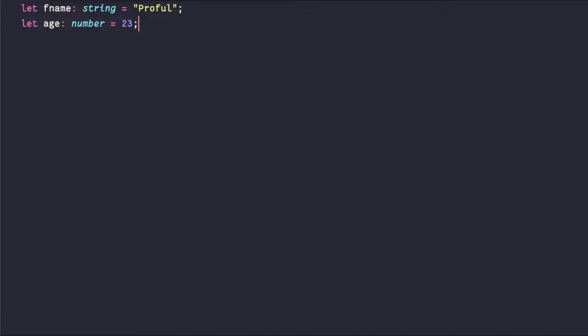So similar to string, we can have the number type. In this case also, if you don't mention number, it is not mandatory; it would be auto-inferred. But just for demonstration purposes, I am giving the number type. And if you want to put an explicit type, you're free to do so. So we have boolean. These are the three primitive types available, which will be used across the board to